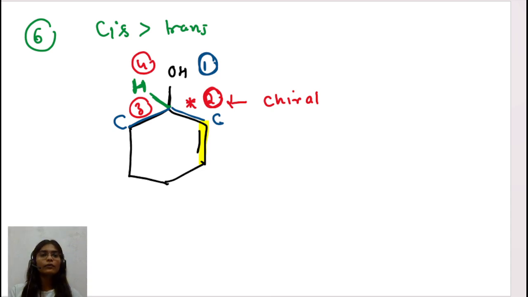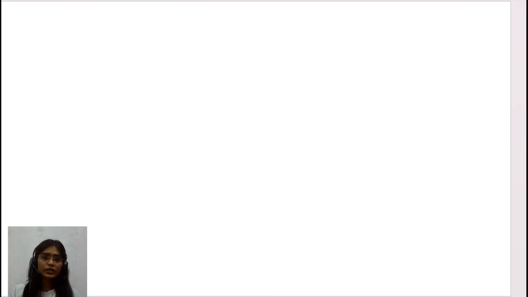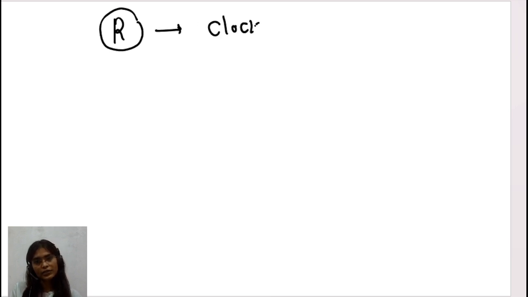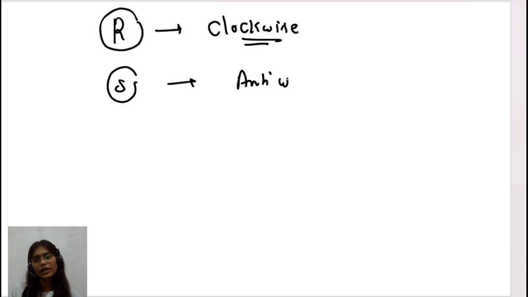Okay then. Now let's go back to the discussion of why all these things start with priority, so that we are able to identify R and S nomenclature. Listen to my point. What is the meaning of this word R? First of all, how to go with this? You have to find out the priority, and then with the priority, you have to check for clockwise. If the direction of rotation is clockwise, it becomes R. If the direction of rotation is anti-clockwise, it becomes S.